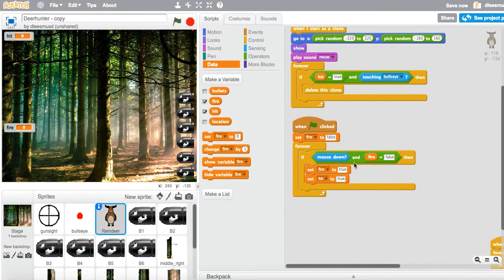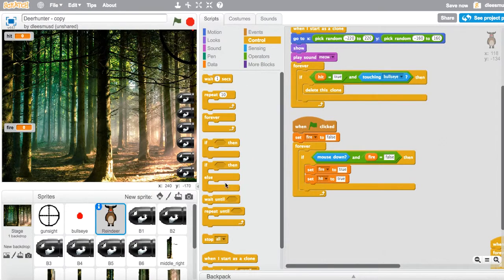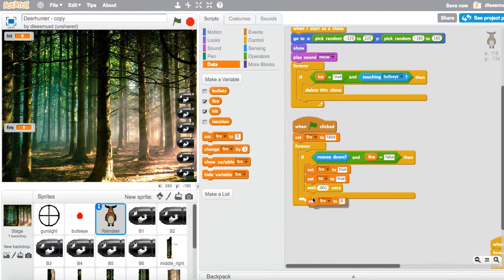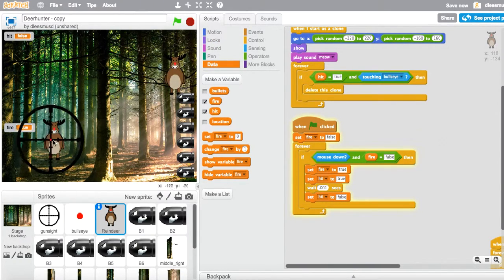We only want to make this condition true just for a split second. So what we can do is have a wait. We're going to wait for 0.001 seconds, just for a split second, and then we're going to set that hit variable back to false. So effectively, it's going to delete the clone, but just that one. All right, so now if we go ahead and hit our green flag